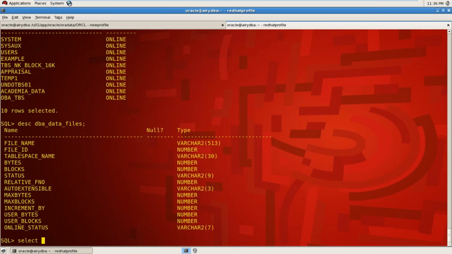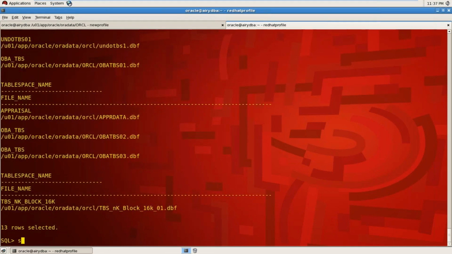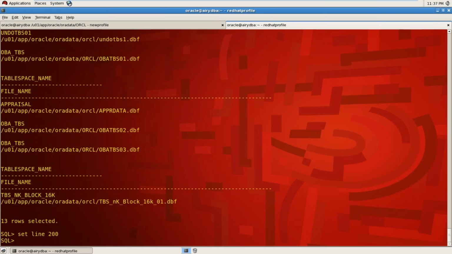So select tablespace_name, file_name from DBA_data_files, and all file_name for